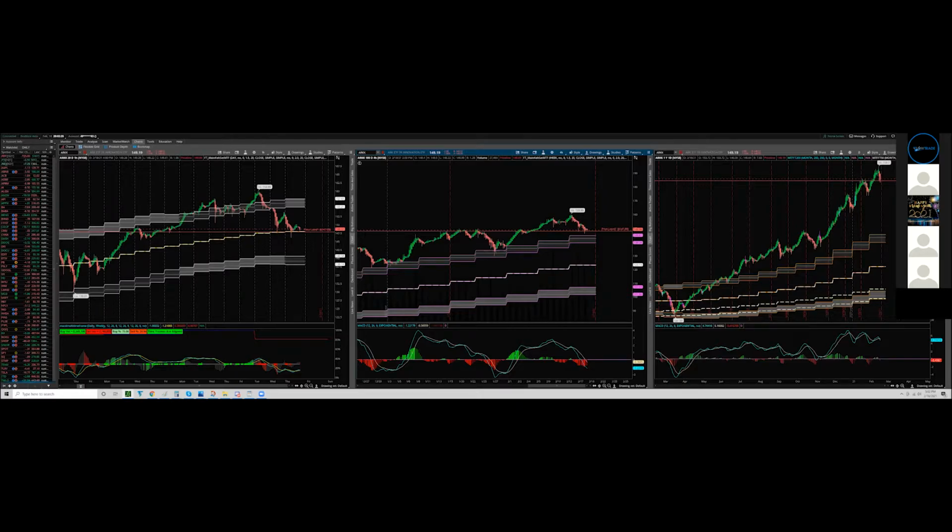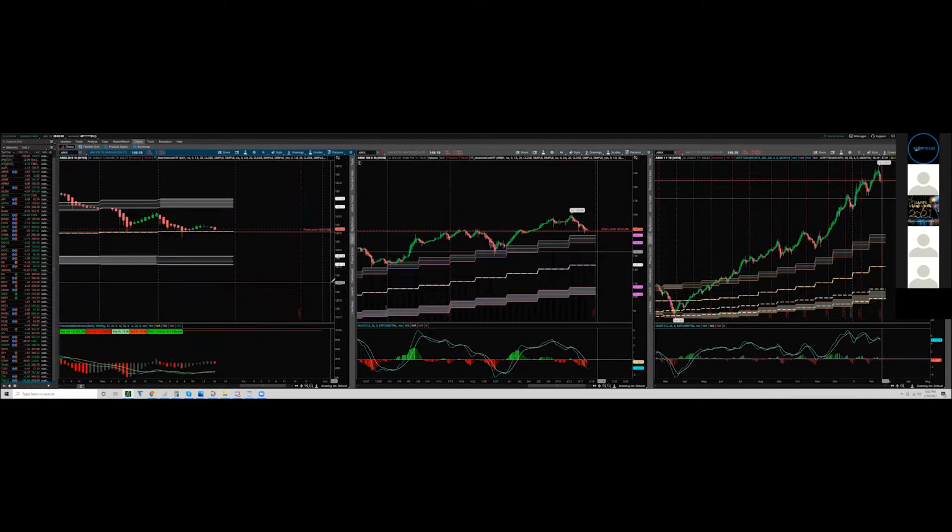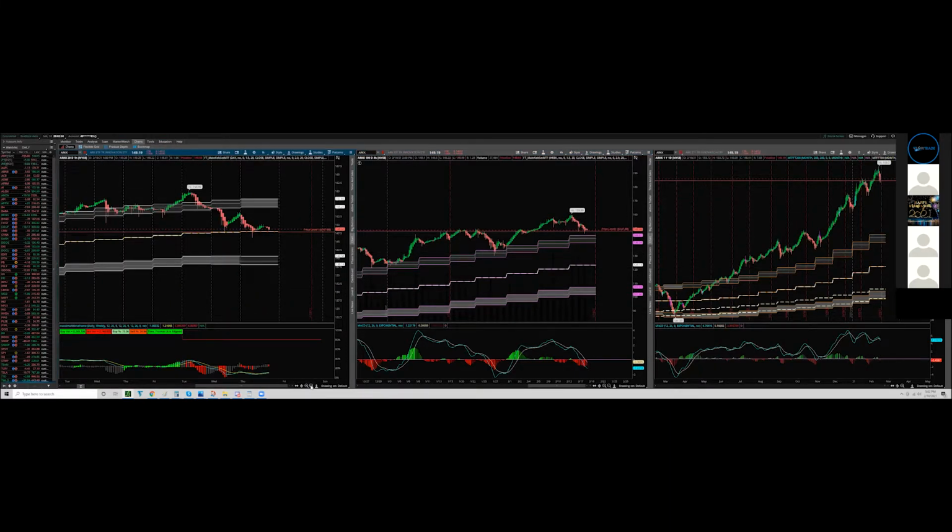So what we want is the time frame alignment. And how we like to explain it is like this. If you have 3 guys pushing a car in one direction, all 3 guys are the 4-hour, the daily, and the weekly, and they're all pushing from the back, then the car is going to push in the direction they're pushing nice and smooth. If one of the guys hops around the front and starts pushing it the other way,